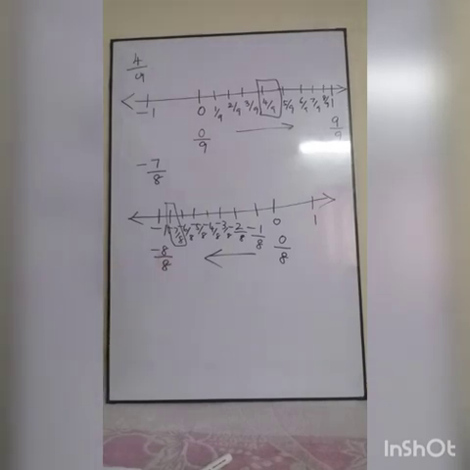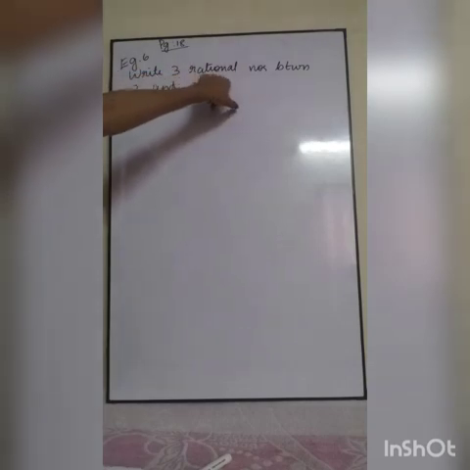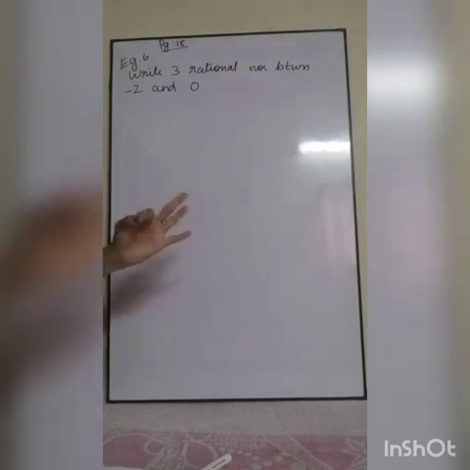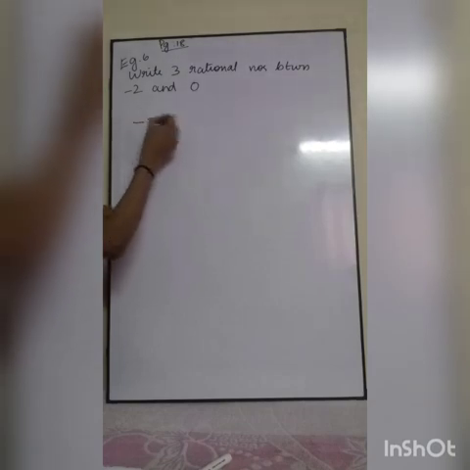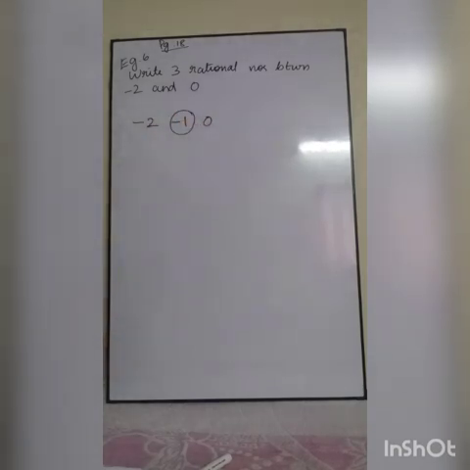Okay, children. Next, we are going to deal with example problem, example number 6. You can take page number 18 for that. What's the question given? Write 3 rational numbers between minus 2 and 0. Usually you will directly say, ma'am, minus 2, minus 1, 0. So only one rational number is between minus 2 and 0, like that you will say. Not like that. I told you, in between 2 rational numbers there will be infinite number of rational numbers, which means we can't even count it, that many rational numbers you will have.